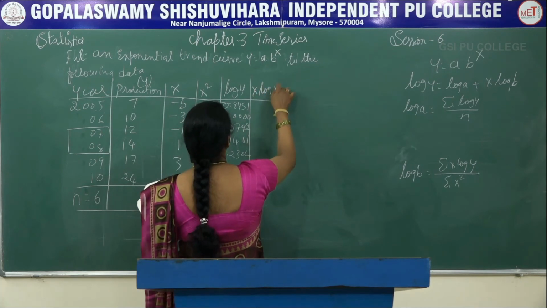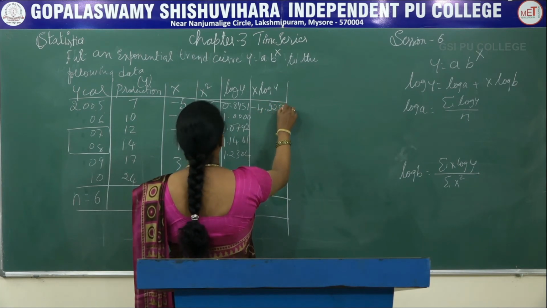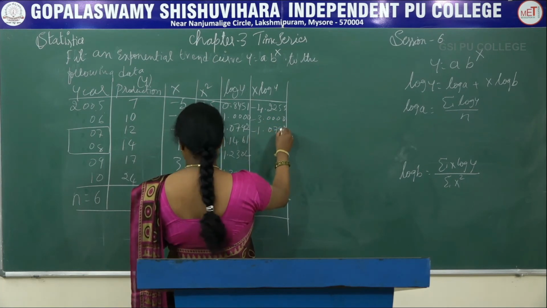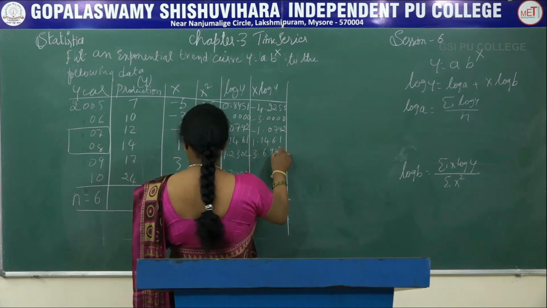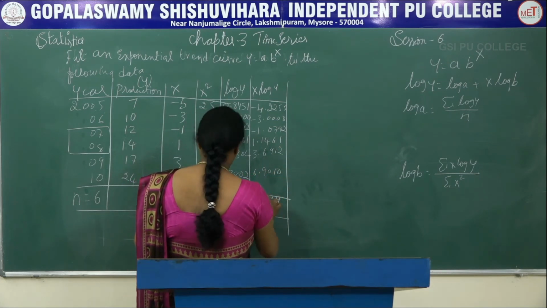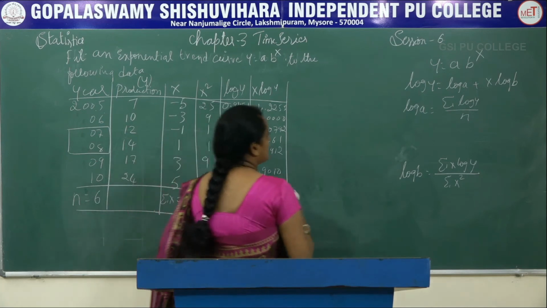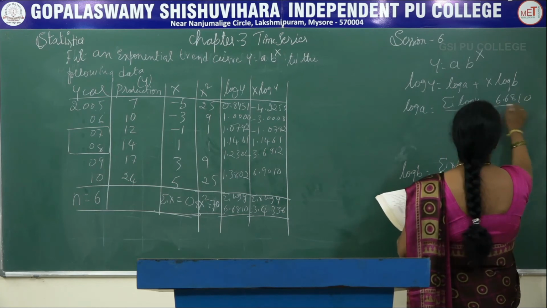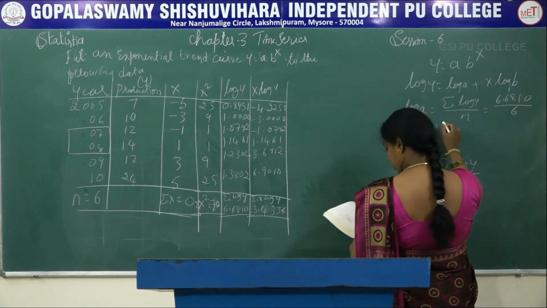Then x into log y, and the values are like this. Now you substitute the values here. Your summation log y value is 6.6810, n is equal to 6. So you will get log a is equal to